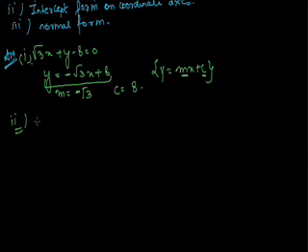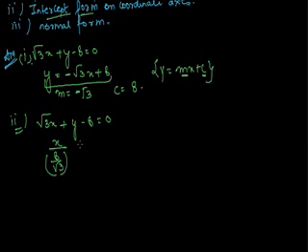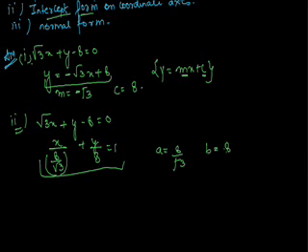Second, again we'll write the equation of the line, that is root 3x plus y minus 8 is equal to 0. As I have to convert it into the intercept form, which is given by x upon a plus y upon b is equal to 1, I'll be converting into it. So it will be x upon 8 upon root 3 plus y upon 8 is equal to 1. This is the intercept form, where a is equal to 8 upon root 3 and b is equal to 8. This is the x-intercept, and this is what I call the y-intercept.